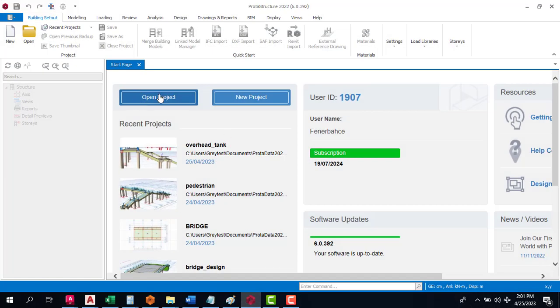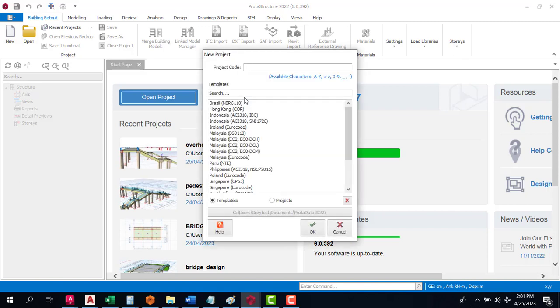So the first thing you will do is, when you come to new project, you specify the template, that's the code of practice you want to use. Let's say I give this a name, complete_design. The reason why I'm using an underscore is because Protastructure does not recognize spacing, so you can't space at this point when you are giving a name to a project. You have to use any of these characters. You can see it's showing us the list of characters that you can use. I always like to use underscore. So if I click on OK,